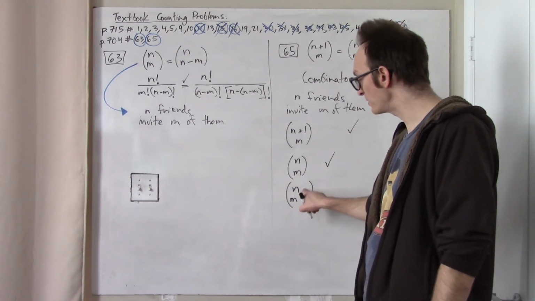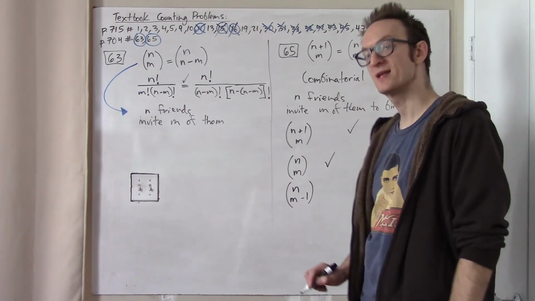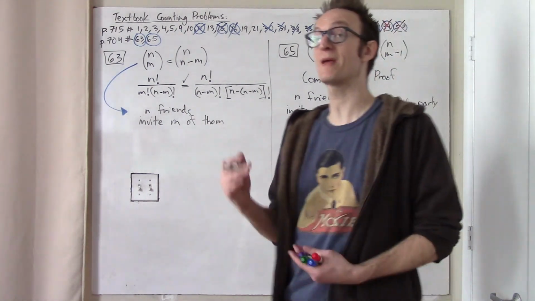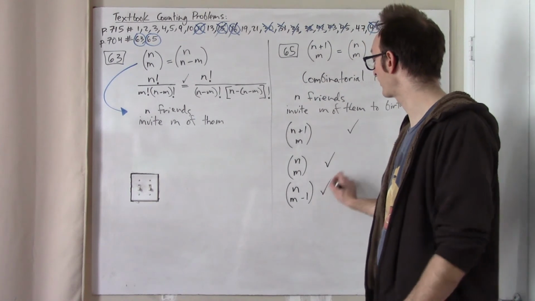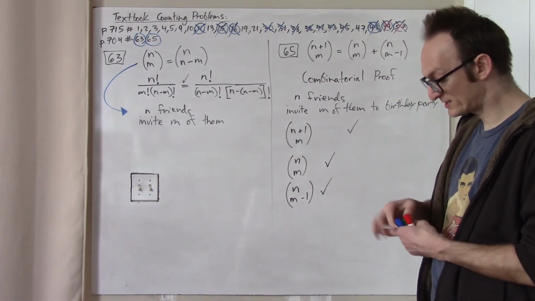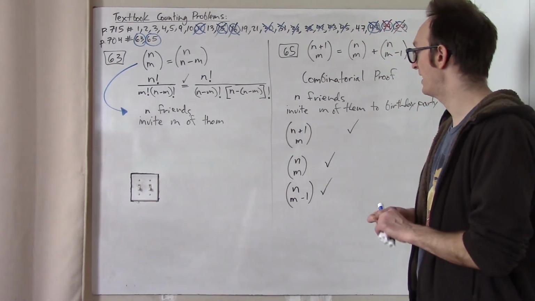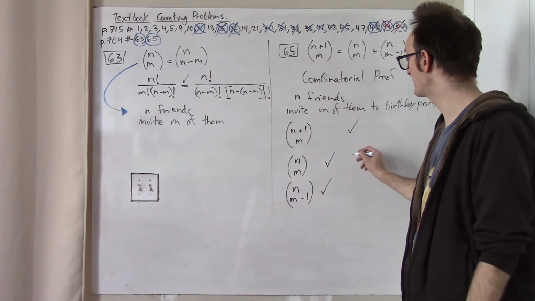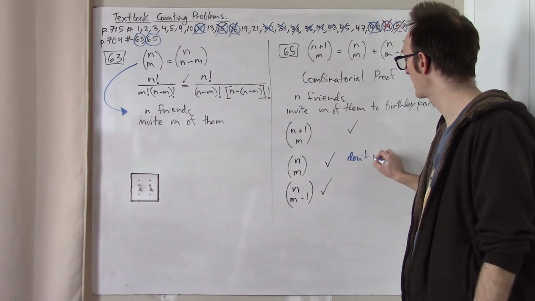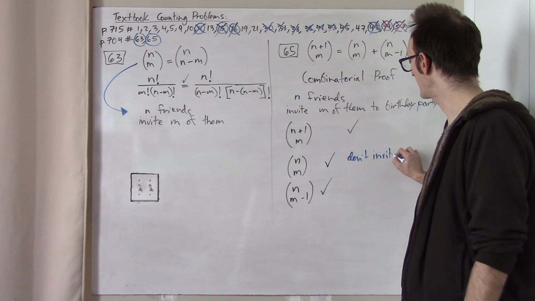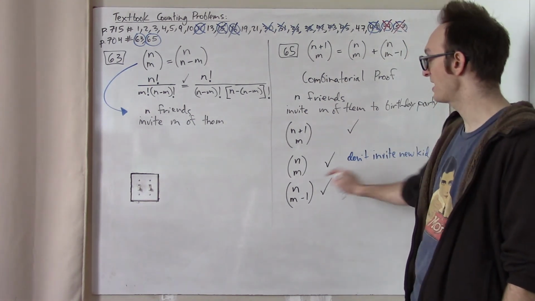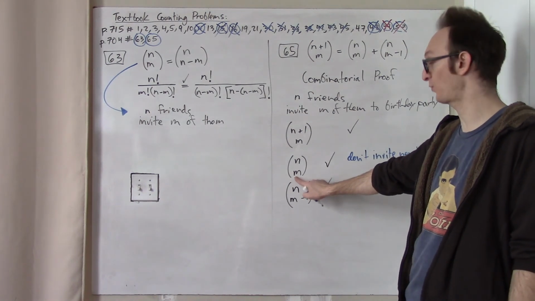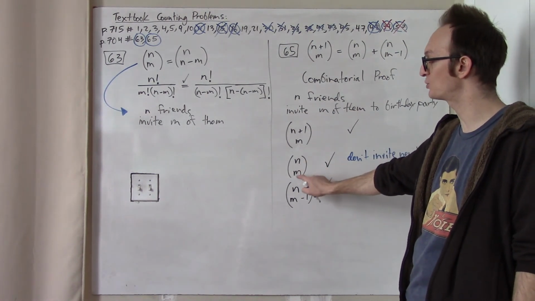And so n choose m minus 1 is the number of ways of filling in the remaining m minus 1 spots with my n real friends. So the first term assumes that we don't invite the new kid. If we don't invite the new kid, then I have m entire spots free for my n friends, and there are n choose m ways